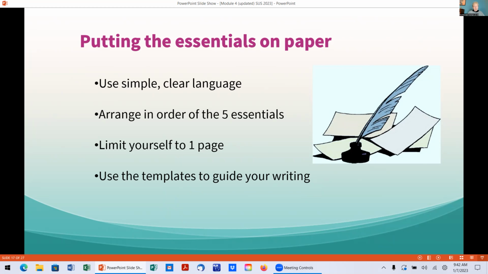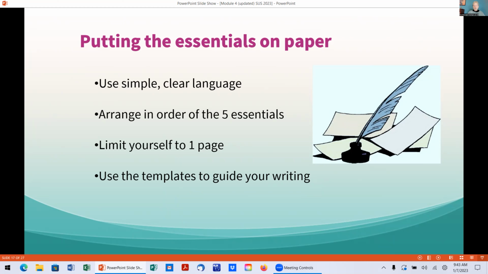So the first thing that you need to do in creating your testimony is to write it out in paragraph form. You're going to use clear, simple language. Keep your sentences short. That'll help you in 2 ways. One, it will make your points very clear and uncomplicated. And 2, if you have to edit, if they don't give you the 3 minutes that they typically do for testifying, they cut you down to 1, it'll make it easier for you to do that. So clear, simple, and short sentences.